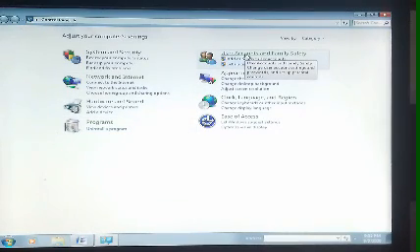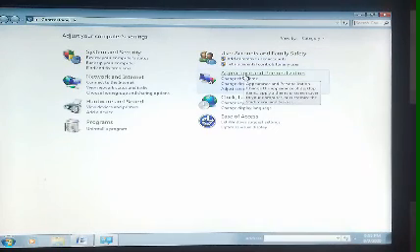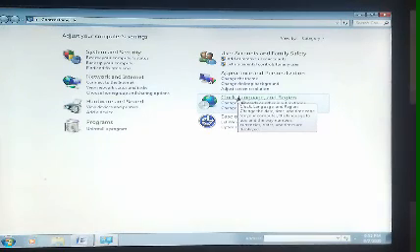Then you can see user accounts and family safety. This is used to handle different users' accounts and to set up parental control. Here you can see appearance and personalization, to control and set the appearance of a computer. Here you can see clock, language and region option.